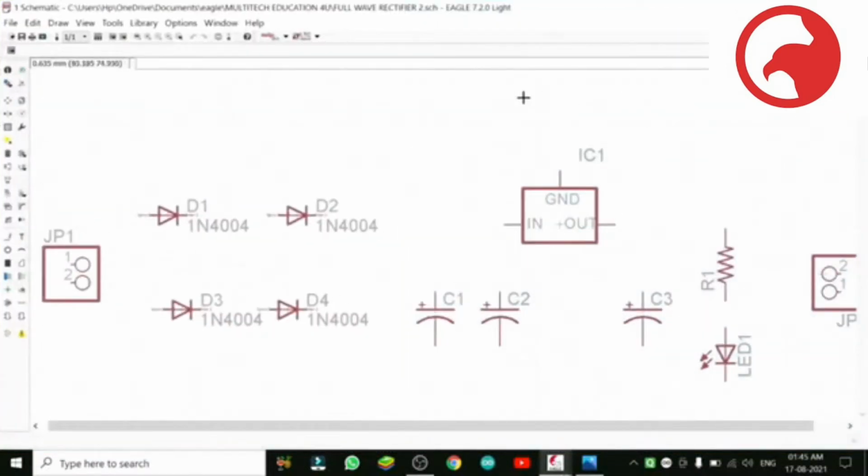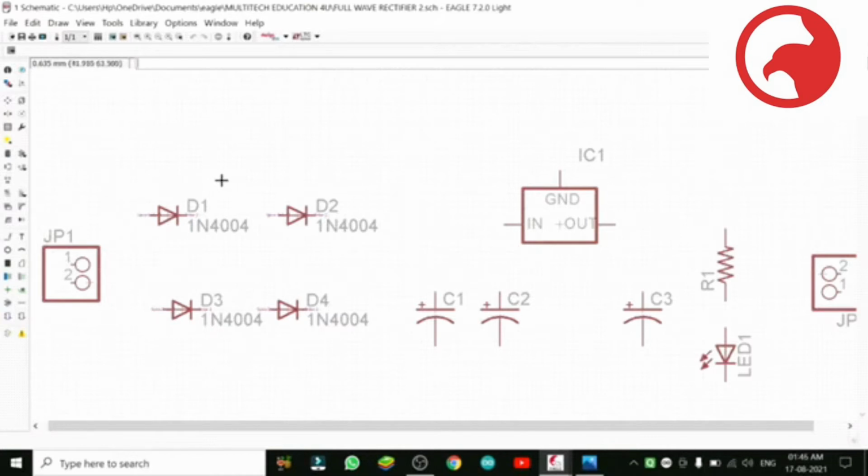Now this is where we were last time. We dragged these components from the library one by one. You must watch that video on how to bring these components onto our working platform. We have to check the grid.